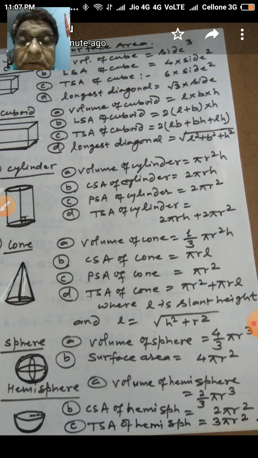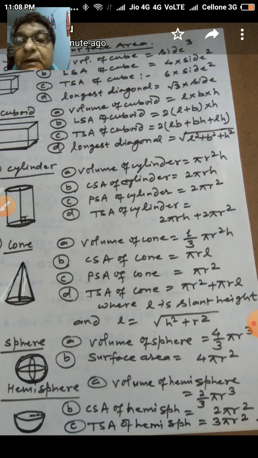So this is all about your related exercises given in class 10 under volume and surface area. I have already told you, so no need I think to repeat again, that the only difference between class 9 and 10 in volume and surface area is that in class 9 there is an individual exercise for each solid, for surface area as well as for volume, whereas here miscellaneous questions are given and no question is related to a single solid; almost all questions are combined solids of two or more.